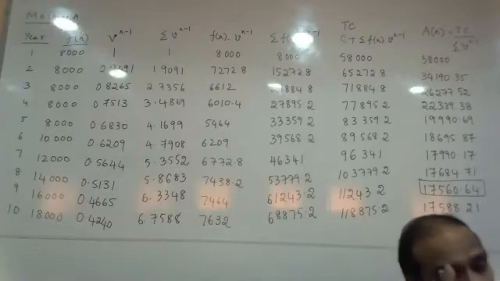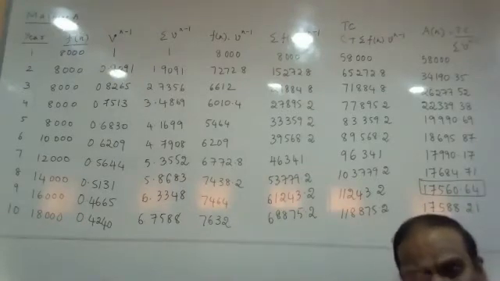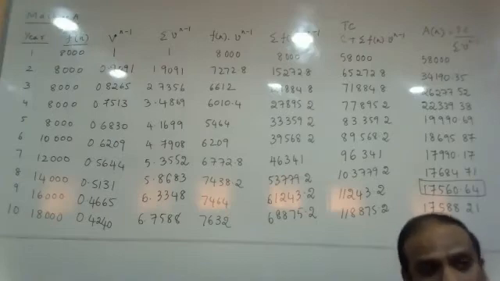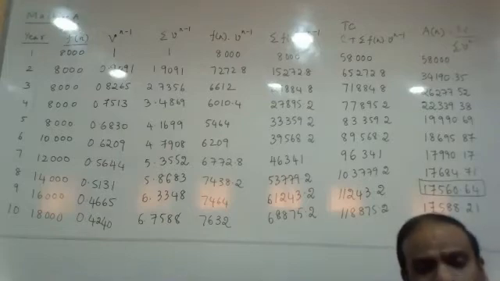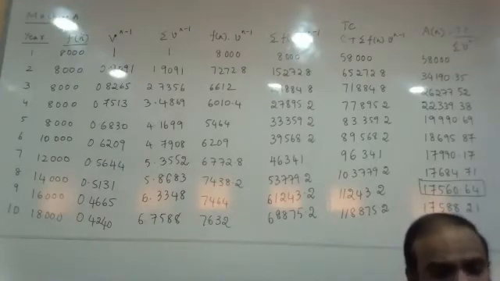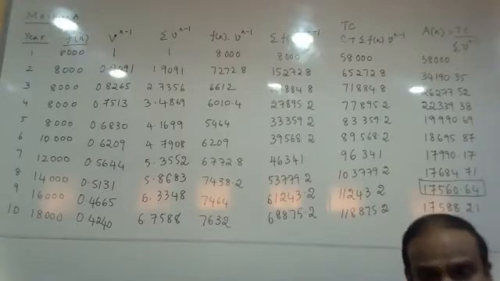So if we apply the individual replacement policy, what is the total cost? And if I go for group replacement, what is the total cost? Then I make a comparison. Whichever policy yields lesser cost, that particular policy the company should adopt. I think this is the most practical example or application of replacement. I think in all major industries this policy is applied time and again, right? After what period of time, and what kind of policy should be applied, those decisions can be taken with the help of the concept of replacement theory.